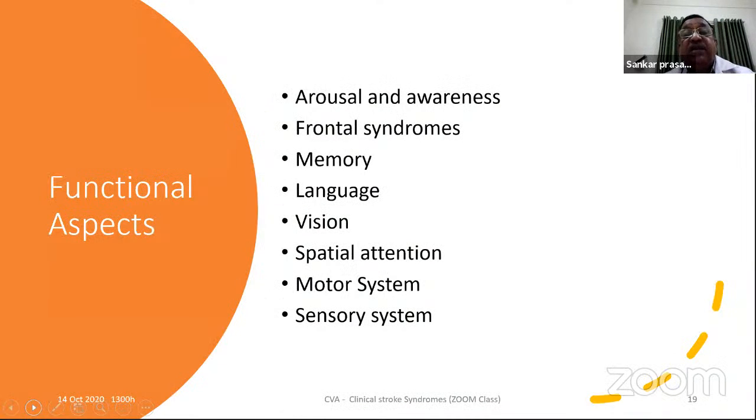If you look at the functions that can be affected in stroke, it will be arousal and awareness. It can be in the frontal lobes, where frontal lobe syndromes, which are disinhibition, akinetic mutism, and these things, will occur, or disorganization. If it is in the temporal lobes,